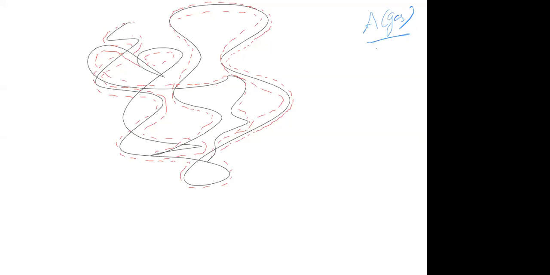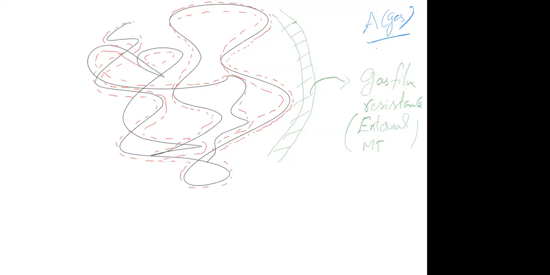Yeah. Now, when you have this kind of thing, let's say solid and gas are in contact, you have a film resistance, this kind of film which is formed. Whenever there are two phases in contact, there is always a formation of film. This is what is called gas film resistance, which is also called external mass transfer,